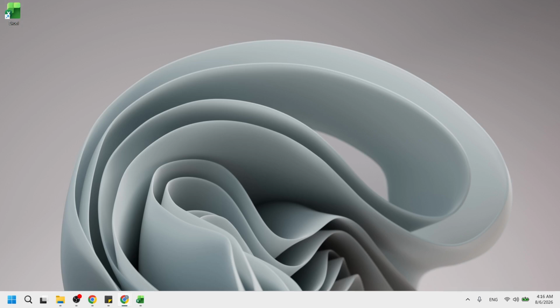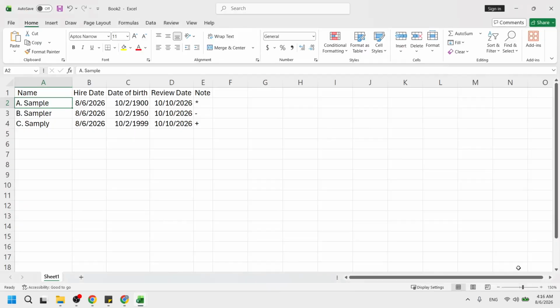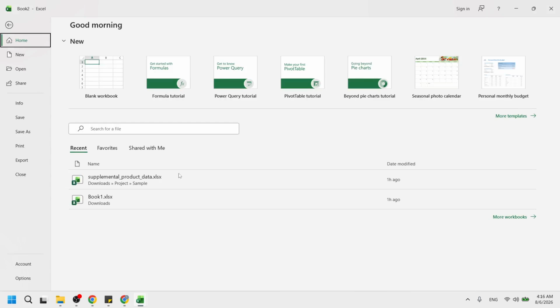After a moment, you should see the main Excel start screen with recent files listed on the left and template options on the right. If Excel was already open, you will stay in your last workbook, which is fine as long as it is the file you want to work with.